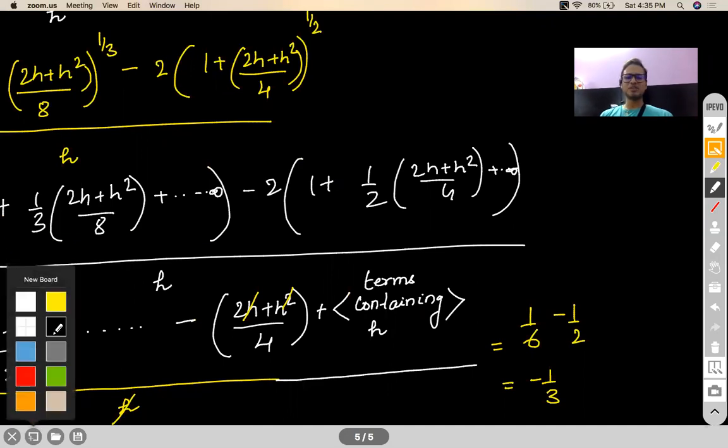See, L'Hopital is always there, Shashwat, but that doesn't mean L'Hopital also has some challenges. Many of you are thinking L'Hopital is like a one-stop solution for all your miseries in limits. It is not like that. Sometimes applying L'Hopital can lead to very ugly expressions.